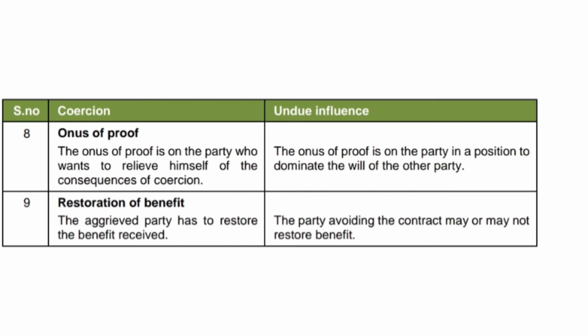Why? Because the normal presumption is that the party who is in a stronger position is going to dominate the will of the weaker party. So the person who is saying that no, this presumption did not exist in that particular case has the responsibility, has the burden to rebut the presumption and show that the party who is apparently the weaker party actually entered into the contract on the basis of their free will and he or she was not unduly influenced.